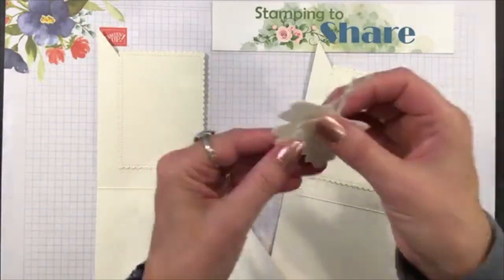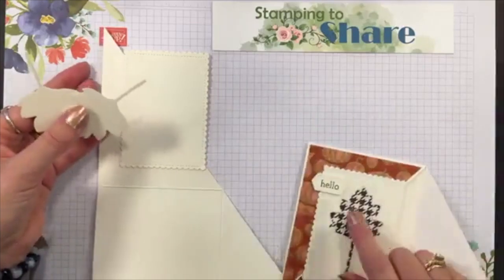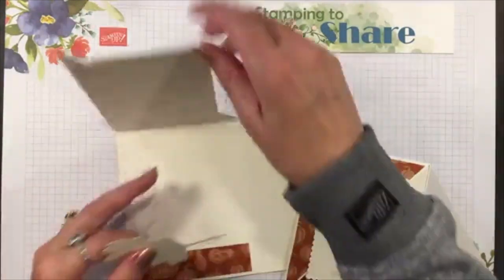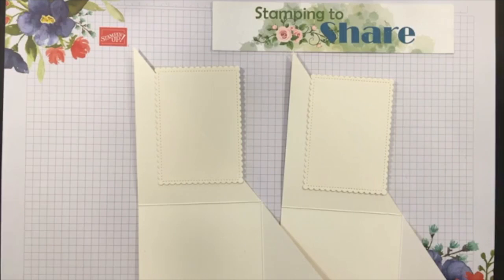However, I happen to have 2 leaves left over because we cut out these leaves here on the front. So why not use them somewhere on the card? So that's what we're going to do. It's a very soft tone on tone look, which you know I love that. So I'm going to grab,